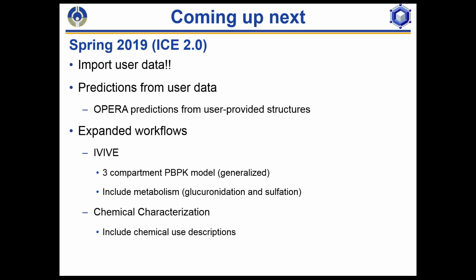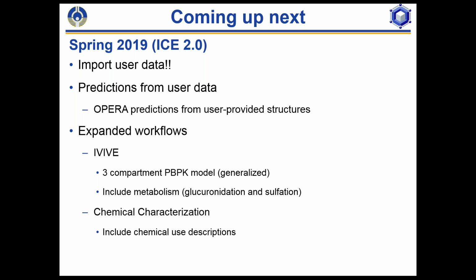using the ICE interface and provide those in bulk, which I think will be very advantageous because most people who use ICE really aren't going after a single chemical at a time type of investigations like they would be with some other platforms, but really have a list of chemicals that they're interested in, and providing predictions in bulk is going to be, I think, a good feature for the community.